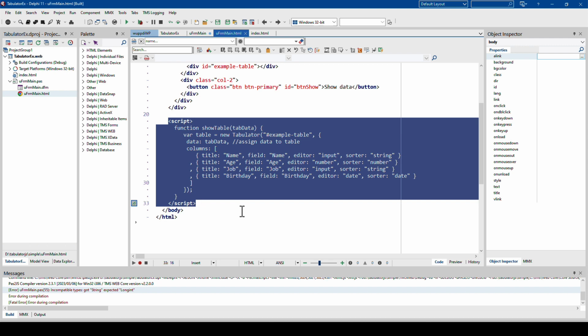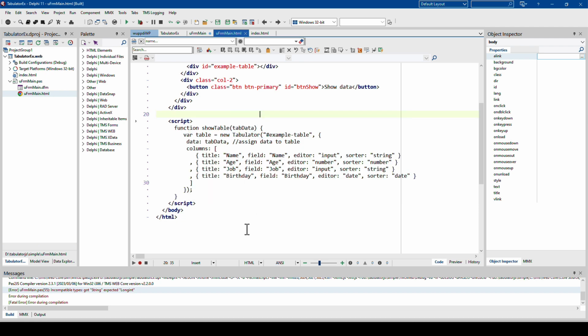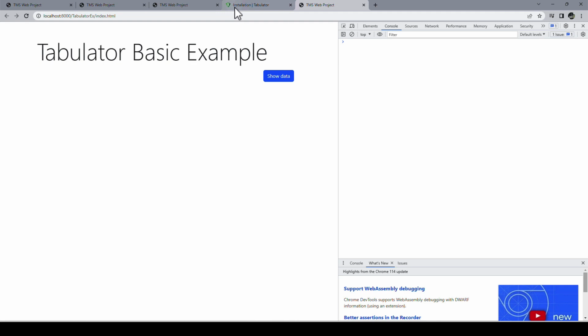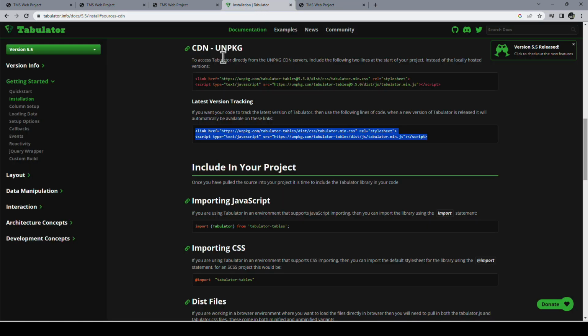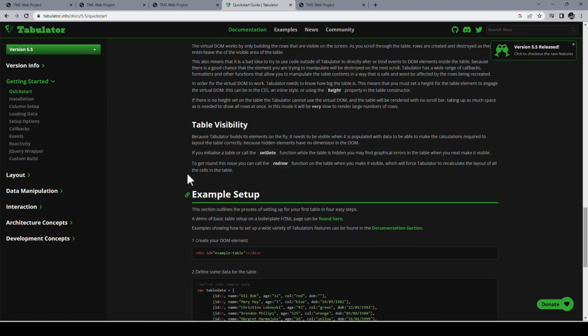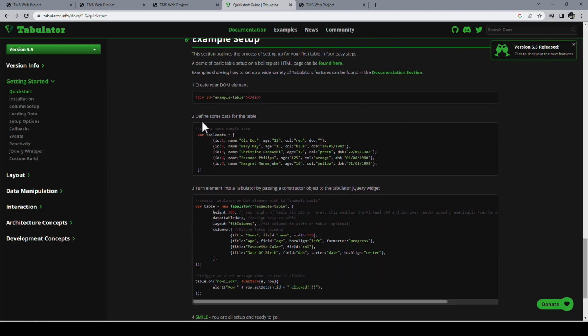And now you might be saying, well, Holger, you said we don't need JavaScript in order to code with TMS Web Core. Well, not needing it, or not conceiving JavaScript, is quite different from copy pasting JavaScript from a documentation for me. That is the only thing you need to do. You go to the documentation of the Tabulator framework, and then you look at the quick start example, how everything works.